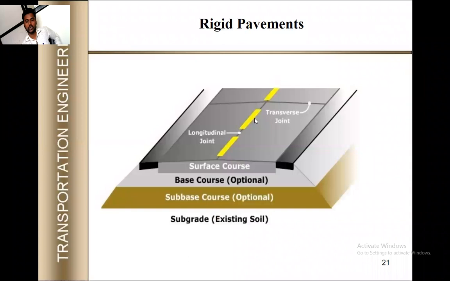This is also shown here, a typical section of the rigid pavement. This might also be asked in MCQ. They will give one typical section, or they will give the hierarchy of the layers: surface, base course, sub base, binder, then the subgrade. They will show the layers and ask whether it is a flexible or rigid pavement. Likewise, a question may be there.